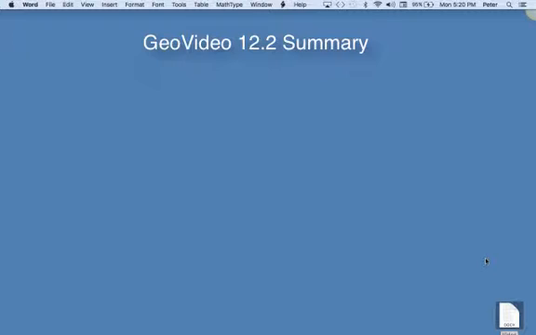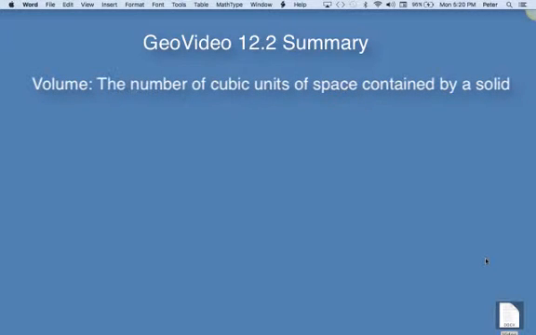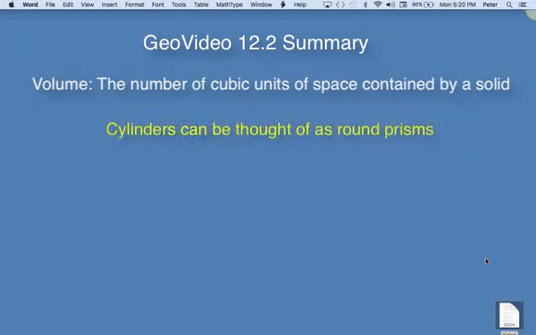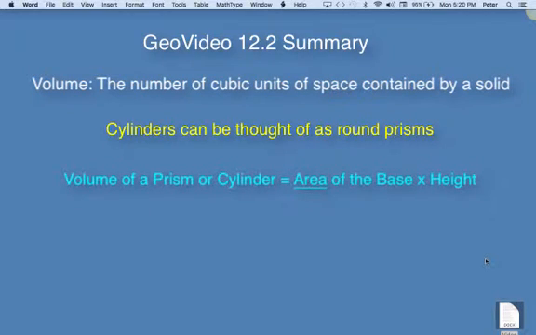Okay, in this video we talked about the volume of prisms and cylinders. We first defined what volume is and saw that it was the number or the amount of cubic units that could be fit into a three-dimensional space. Because cylinders and prisms are essentially very similar, we can think of cylinders as round prisms. They have very similar formulas, not just for finding the surface area, but also for finding the volume. So the volume of a prism or cylinder is simply the area of the base times the height. Now hopefully you're recognizing that that volume formula parallels or is very similar to the surface area formula for prisms